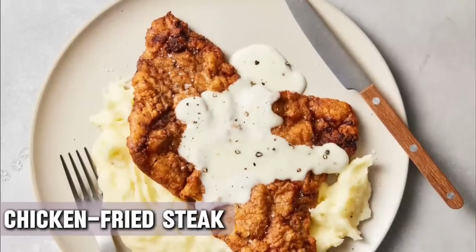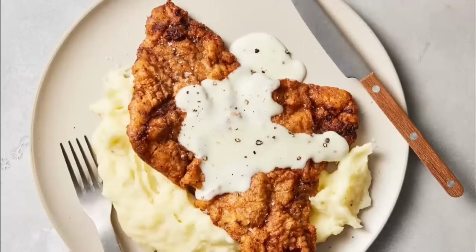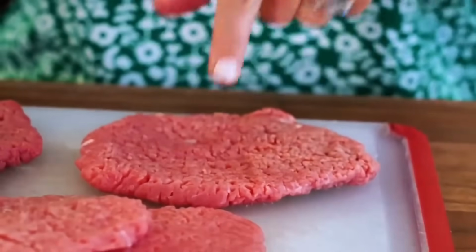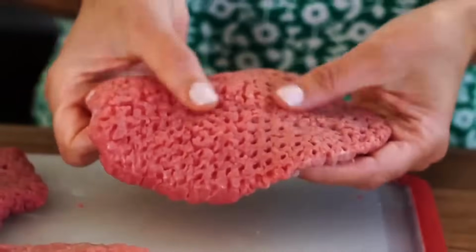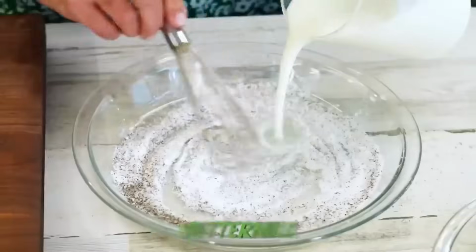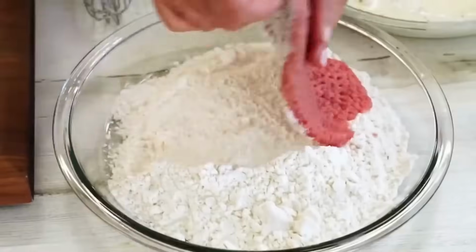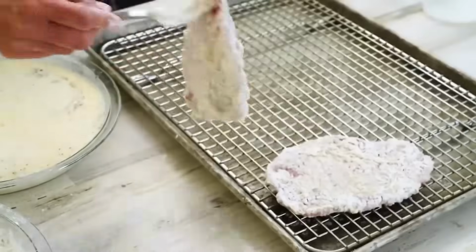Chicken fried steak. This classic is long gone but never forgotten. This one's pretty easy to make too. All you need is a chicken steak dredged in a seasoned flour mixture, dipped in a wet batter, and finally coated in a crispy breading. Fry till it's golden brown for the perfect dinner that'll leave you wanting more. Chicken fried steak is typically served with a creamy gravy for dipping, along with mashed potatoes and vegetables for a